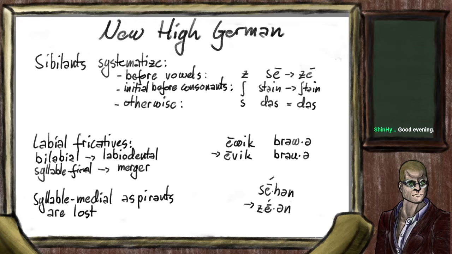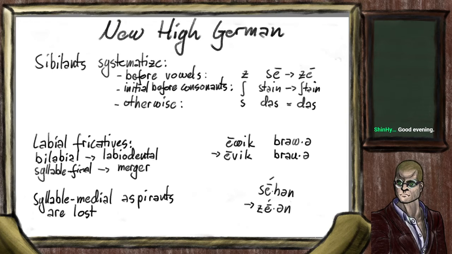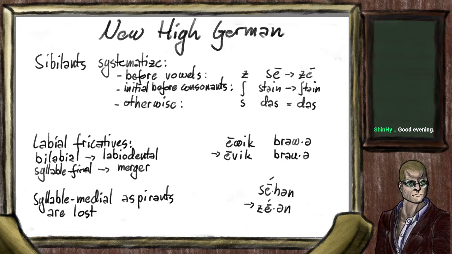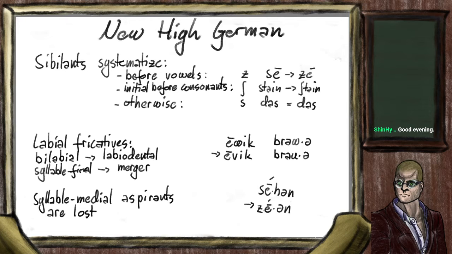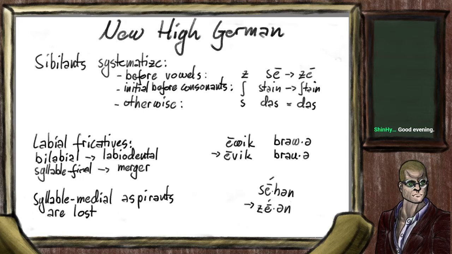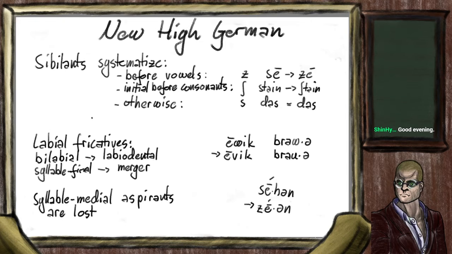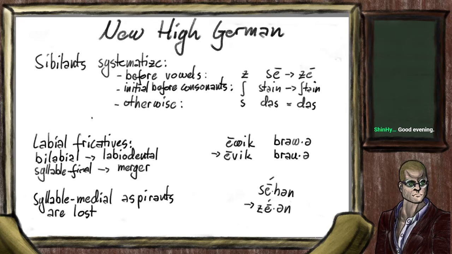Then getting into New High German. This is the stage of development after the last time that German spelling has been majorly reformed. So here we start seeing things that are not necessarily reflected in the writing of standard German. One of these is a systematization of sibilants. So before this, you might have different sibilants, so S-like sounds all around words, but afterwards they become strictly segregated. So only before vowels you only have the voiced sibilant. At the start of a word, before other consonants, you only have the hushed sibilant, and otherwise you only have